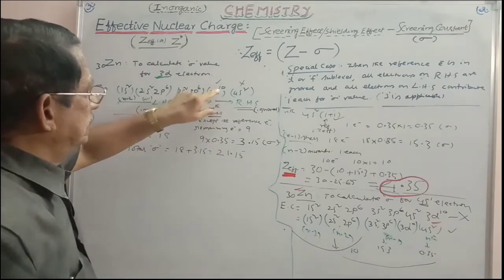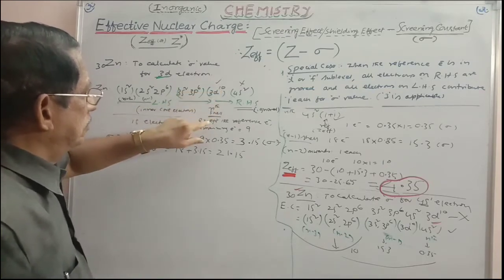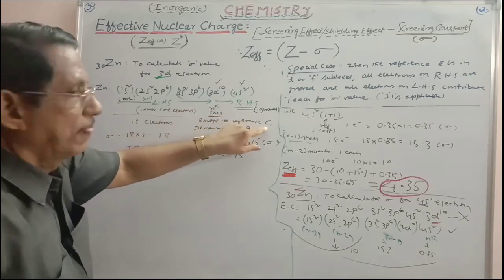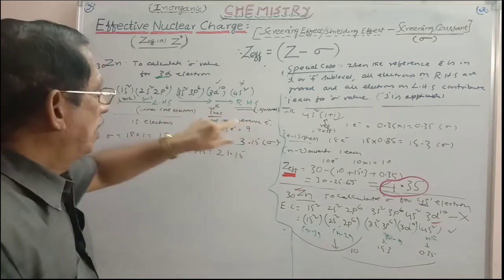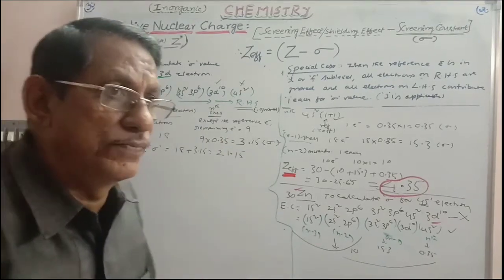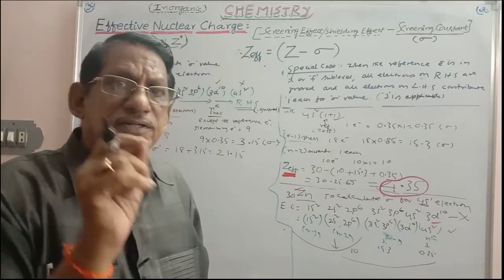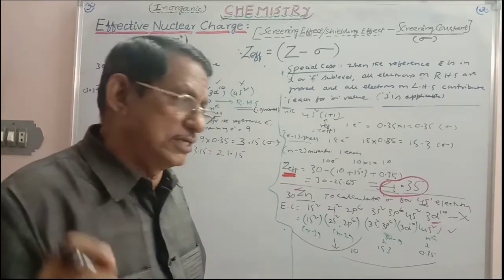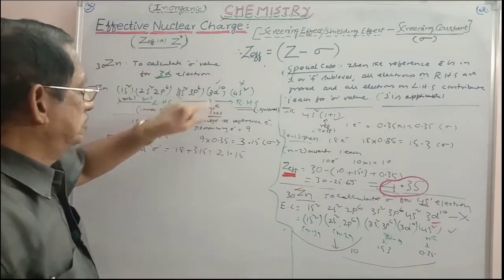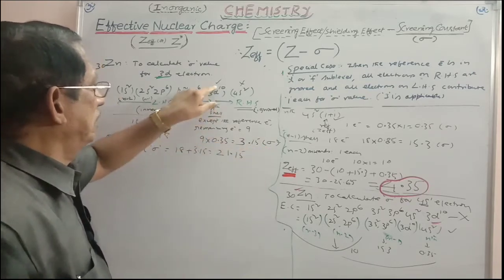And so out of this nth level, one electron you take as the reference electron, on which the Z effective is calculated, and the remaining 9 electrons are there. For these 9 electrons you have to calculate the sigma value. The electrons in the same group will be offering 0.35 each. So 9 electrons remain, 9 into 0.35 is equal to 3.15. This is the sigma value from 9 electrons.